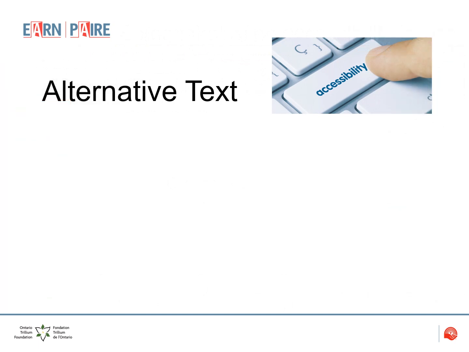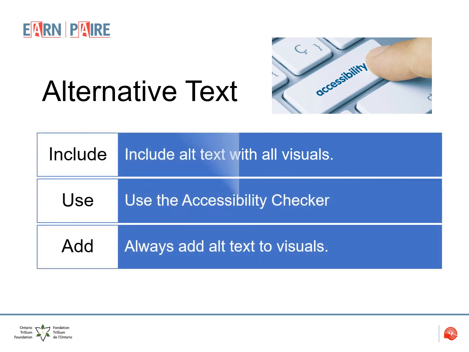Alt text. Include alternative text with all visuals. Alternative text describes the content of images, graphs, and charts and helps people using assistive technologies and your broader audience to understand what's important or the intended purpose of the included images, as well as other visuals. To find missing alt text within PowerPoint, the accessibility checker can be used.